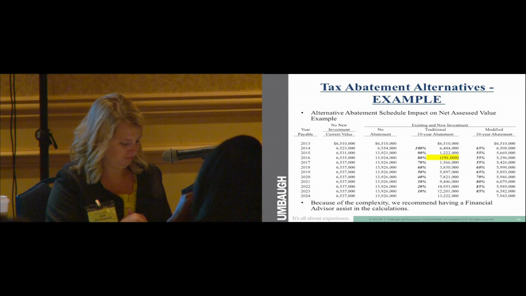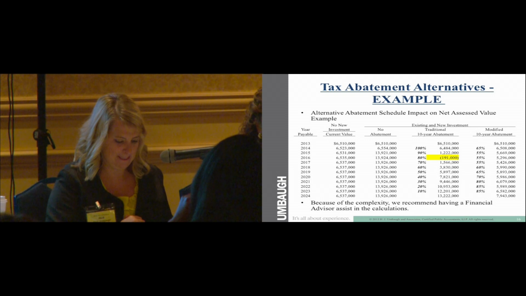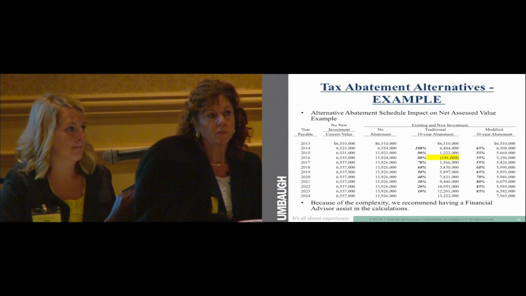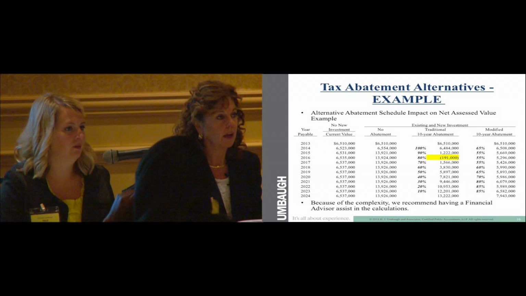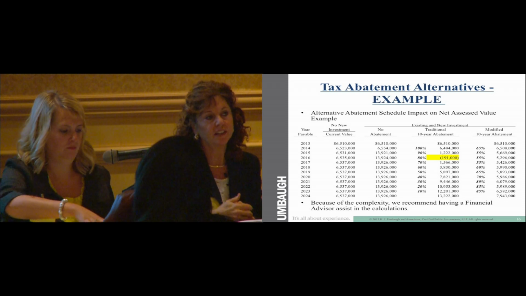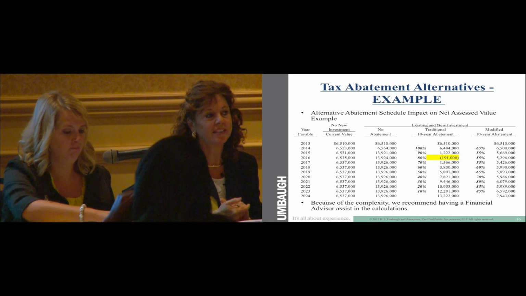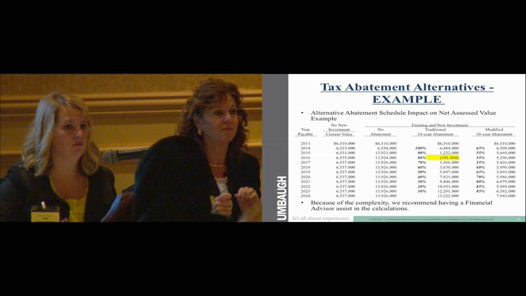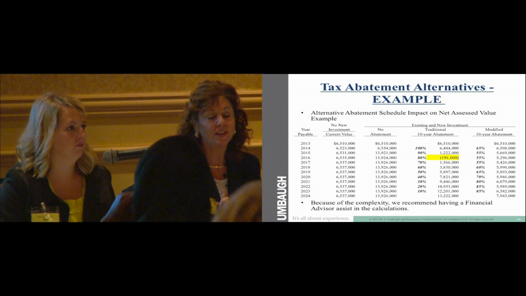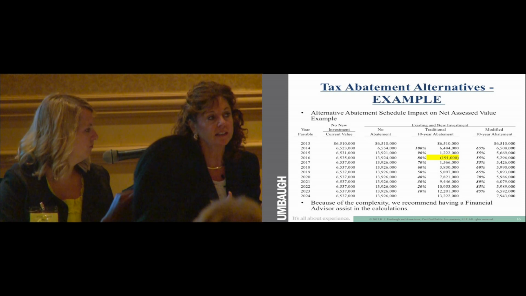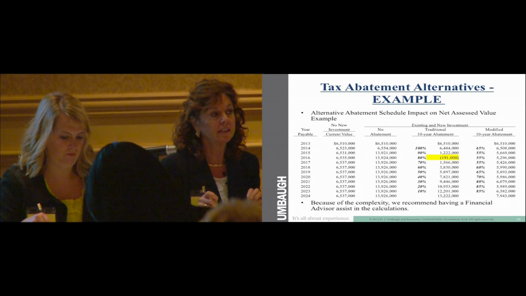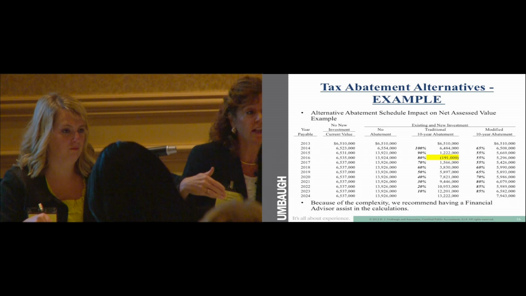The only thing I would add is that, for a simple abatement on a new building or new equipment, it's simple. And there actually is a calculator on the Hoosier Energy website, if any of you ever want to run one or want to know that a company's looking at that as an option. They can plug in any number and the abatement will be run. We actually help them develop that.